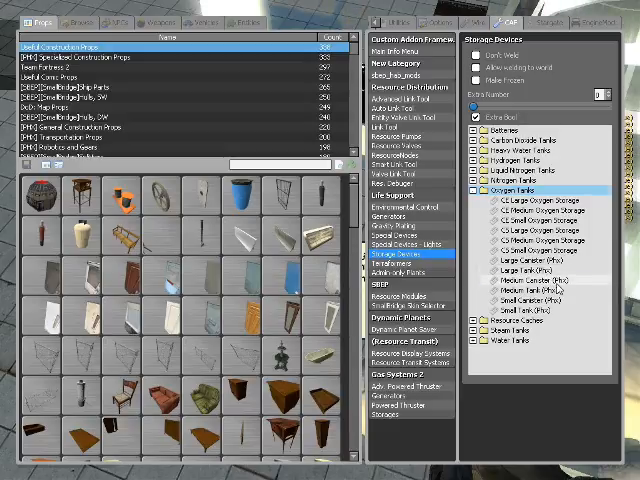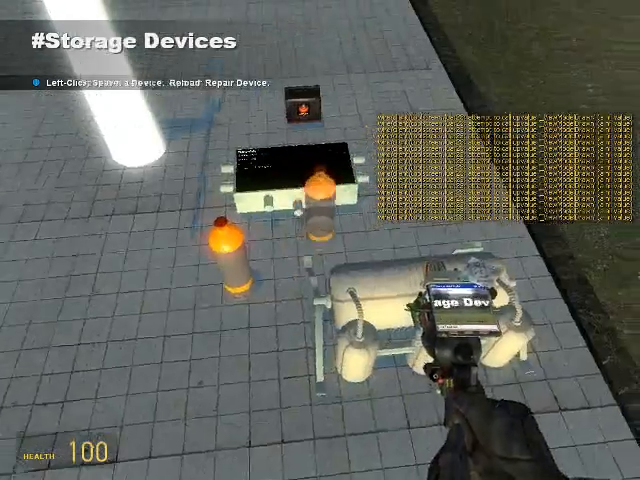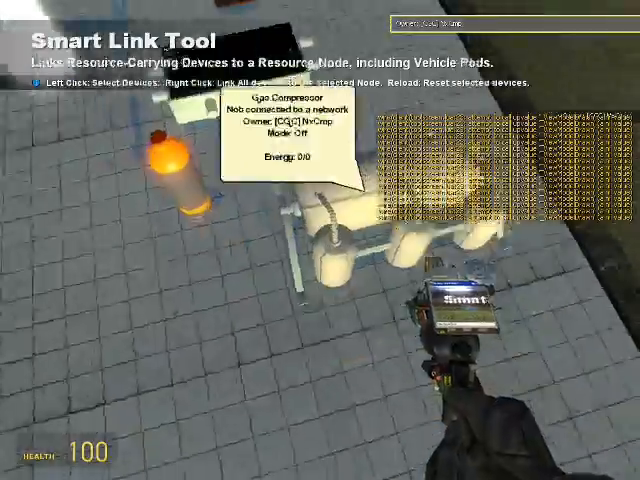And we don't need one that's too overly large. So let's just go with something like this. Okay. Now again, what do we do? We've got to link it to the resource